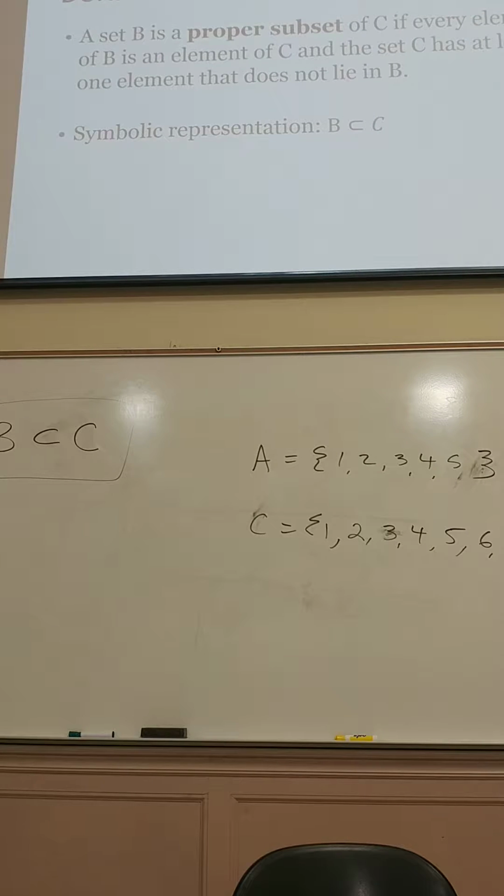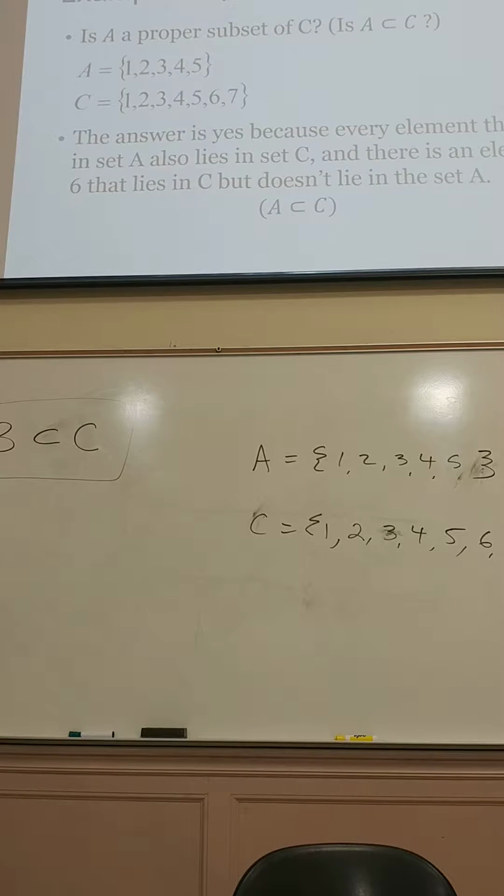If I go back to the old definition, the definition of a subset, every element of B has to be an element of C. But you have an extra property, which is that the set C has at least one element that does not